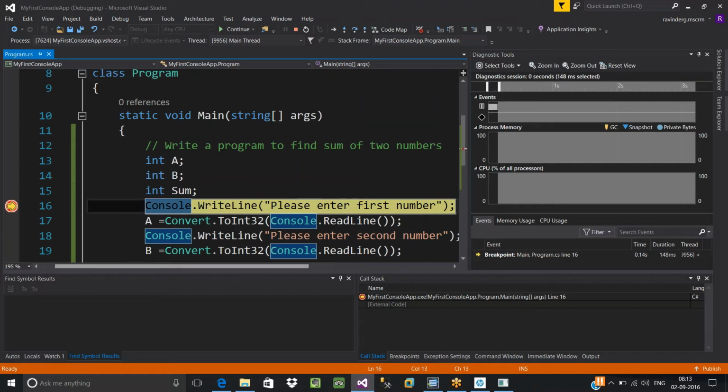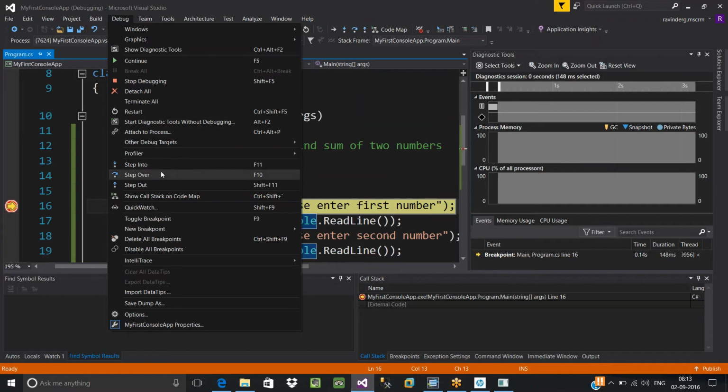In order to drive it, in order to see the line by line execution, here you can see all the options. If you go to the debug menu, you can see step into and step over. If you want to see line by line execution, you have to press F11. If there is any subprogram call, and you want to skip that subprogram call and go to the next line, press F10. You can use either of these two.